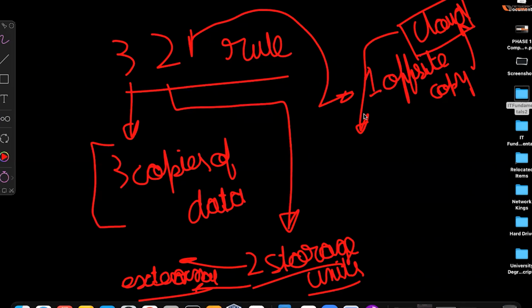What is 3-2-1 rule? क्या है 3-2-1 rule? Three copies of data, 2 storage units, and 1 copy on your cloud storage.